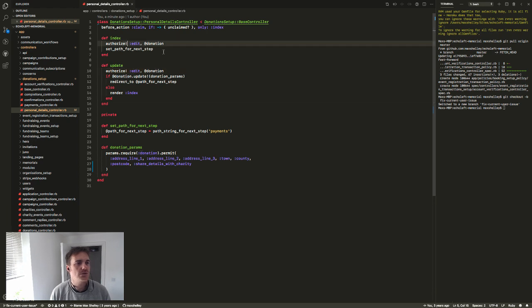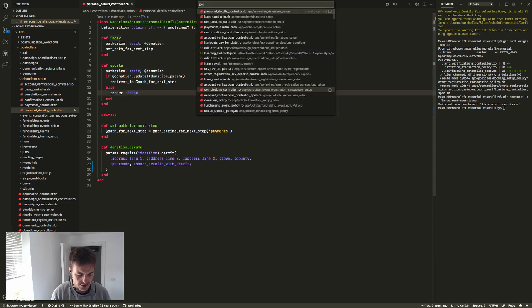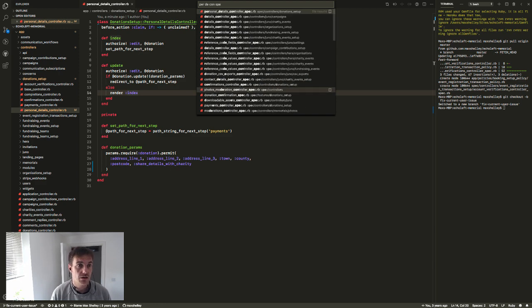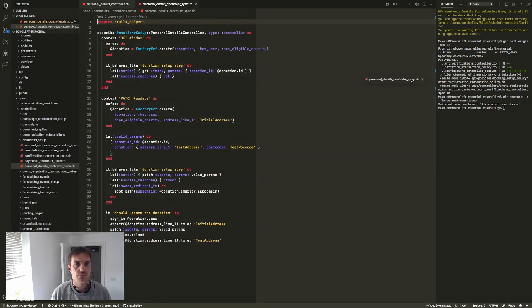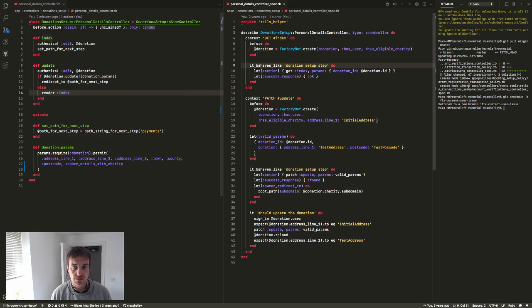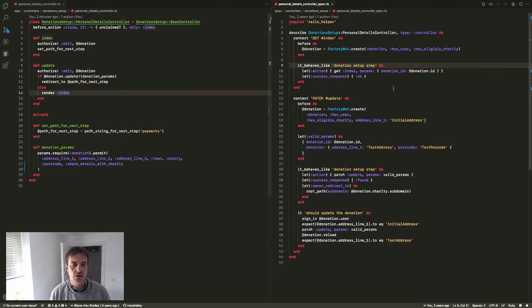Okay, so we just, I'm assuming, haven't swapped these out, although I'm interested to know, I mean, that should still work. So let's take a look at our tests. Personal details controller spec. So it behaves like a donation setup step. So if you aren't familiar with